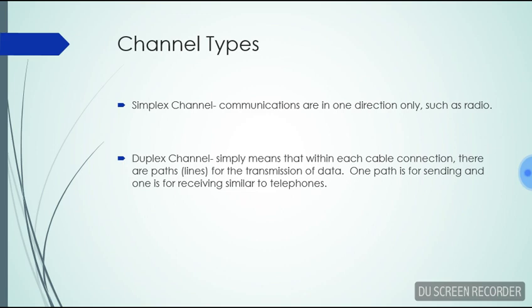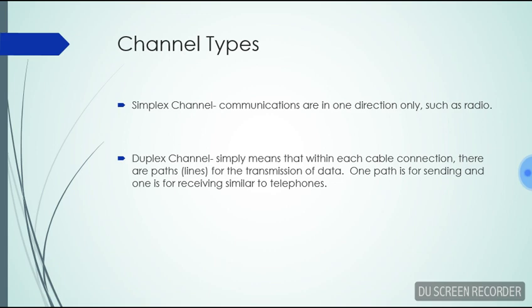Channel types. Simplex channel. Communication is in one direction only, such as radio. If a device such as a terminal were to be connected to a circuit, it would only be capable of sending or receiving data, but not both. For this reason,